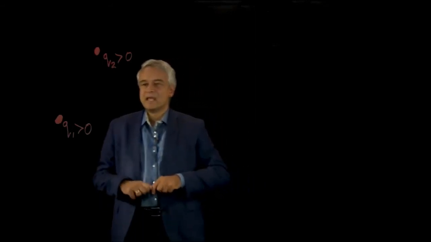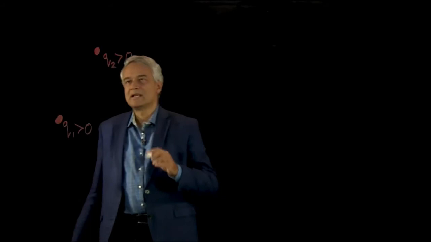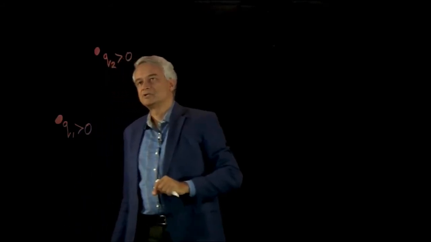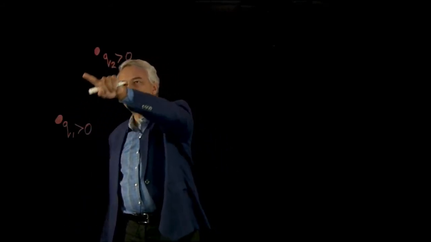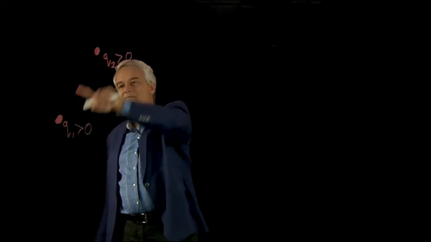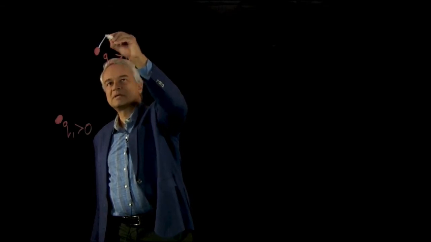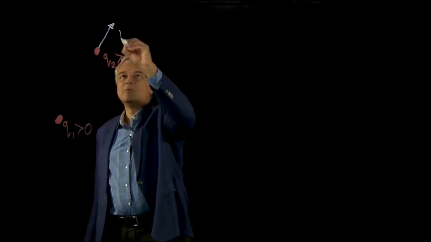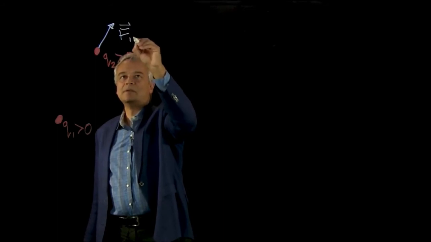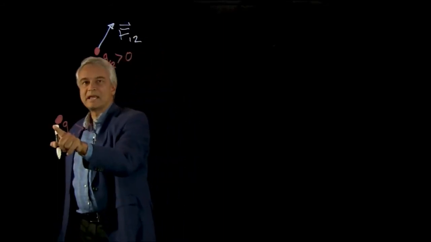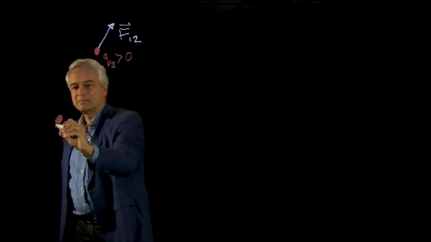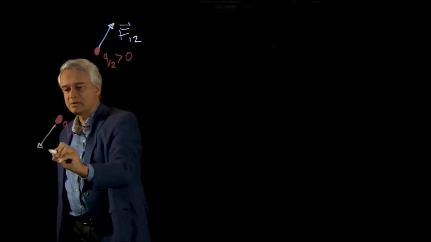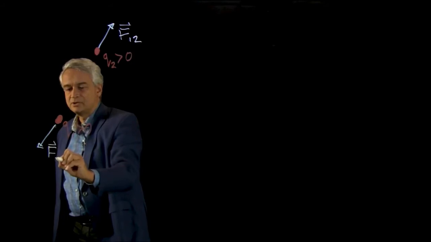They feel a force, and the force on these objects does not point in any random direction. This object doesn't feel a force pointing off this way or some crazy direction. The force is central. A central force is a force that points along the direction joining the two objects. So this object feels a force in this particular direction, shown here, and we're going to call this force F12. And this object, again, feels a force not in some crazy random direction, but in this direction, and we will call this force F21.